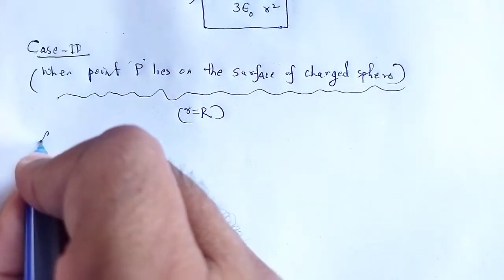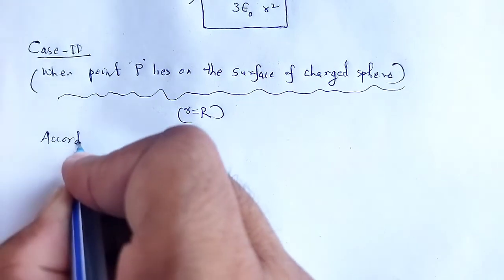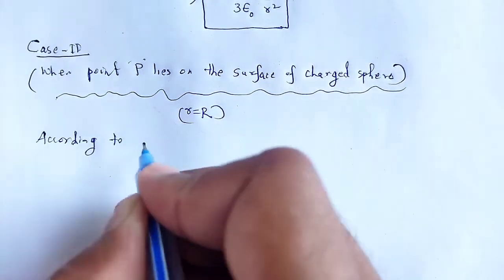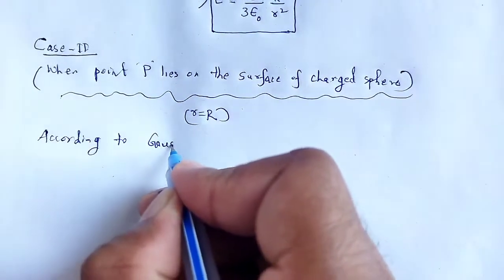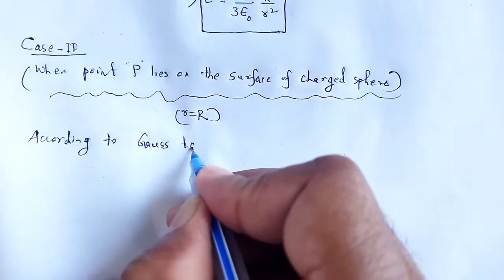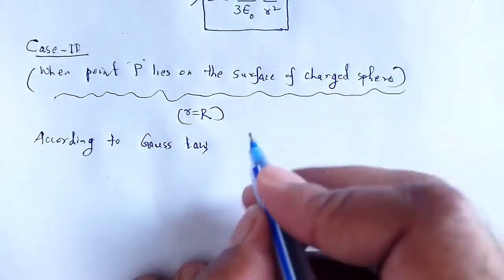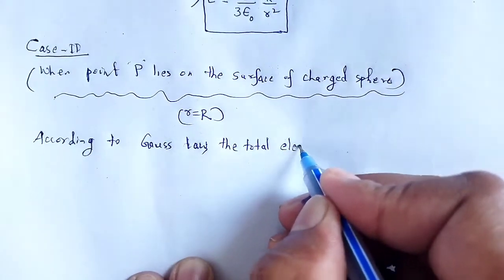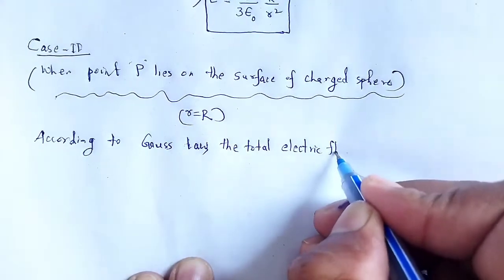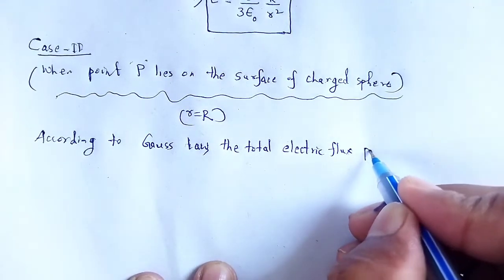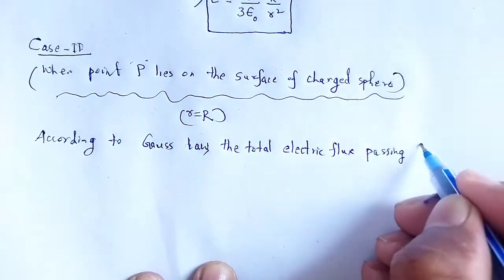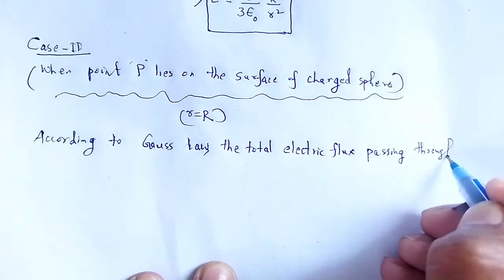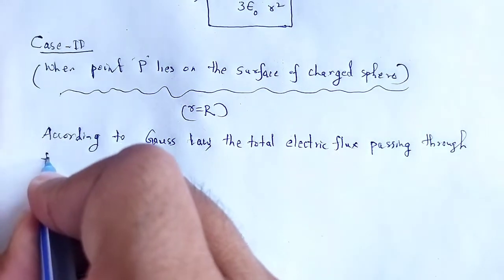According to Gauss law, the total electric flux passing through the Gaussian surface